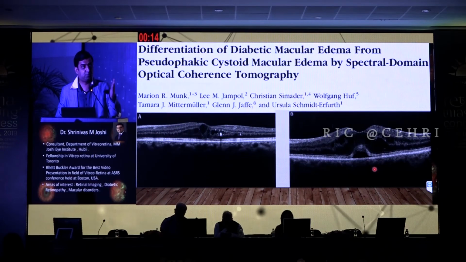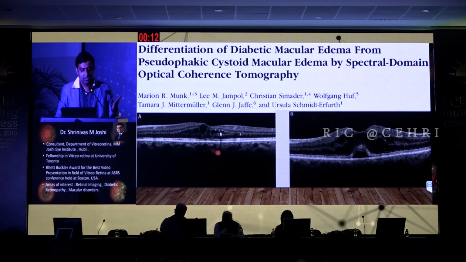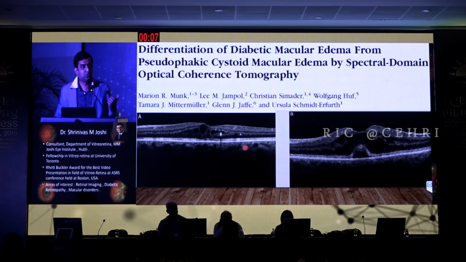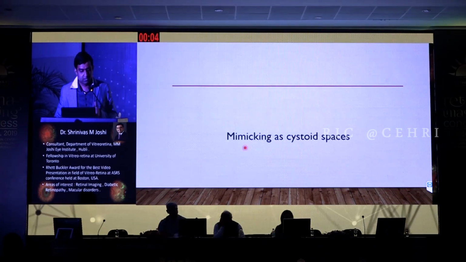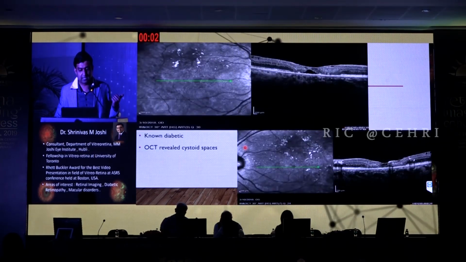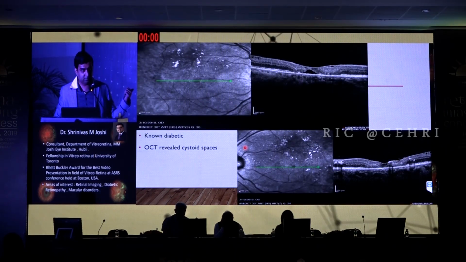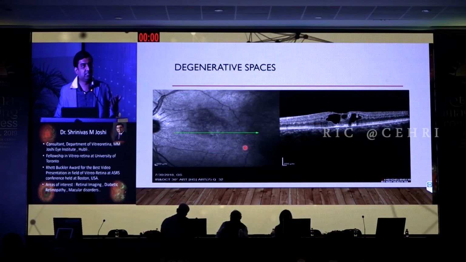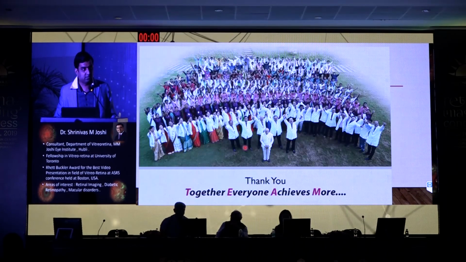We need to differentiate diabetic macular edema from pseudophakic cystoid macular edema. Pseudophakic cystoid macular edema is usually in the inner nuclear layer, and it responds pretty well just to PST injections. Whereas diabetic macular edema, which can occur in the ONL and the INL, usually requires intravitreal injections. As for mimickers of cystoid spaces, the last two slides: we should not forget that in patients of DME presenting with tissue loss, they usually have a MAC tail, and of course the degenerative cystoid spaces, even though we treat them, don't respond very well. Thank you very much.